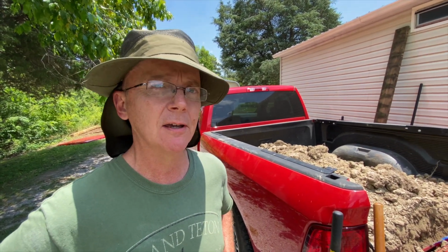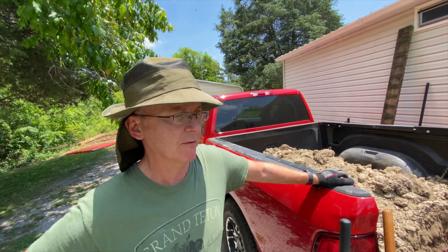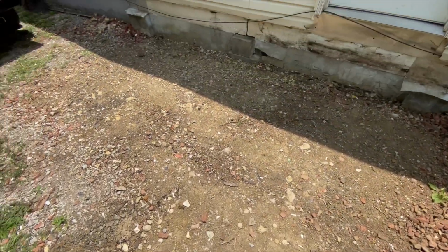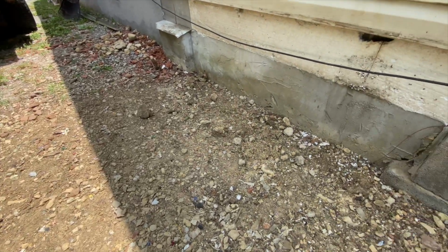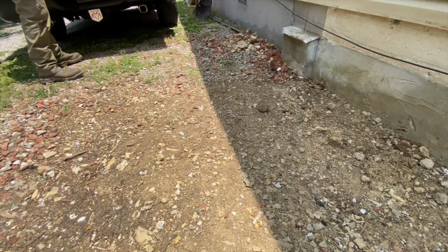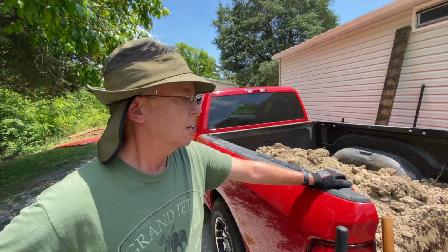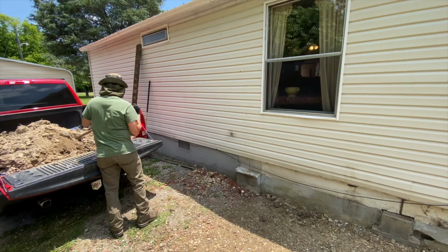Well, after we pulled the old ratty roached out deck up and out, you see it in a previous episode. Yeah. Got rid of all the beer cans and everything. It became pretty apparent that there's not a favorable slope, it goes up down against the foundation. The crawl space. Right. Yeah. So I just want to mitigate some of that by throwing some fill dirt. This is just real cheap fill dirt. Don't need anything special. So just kind of raise that slope a little bit